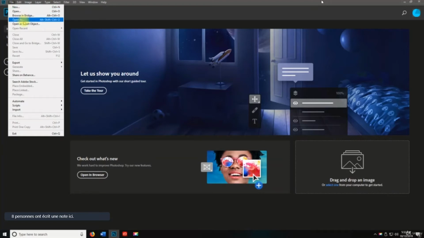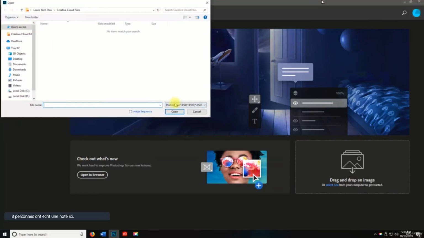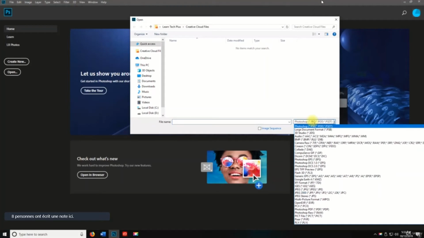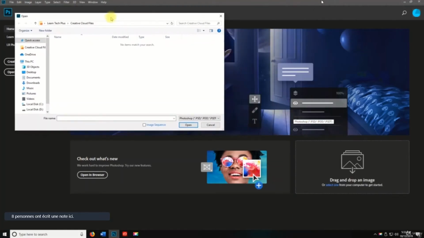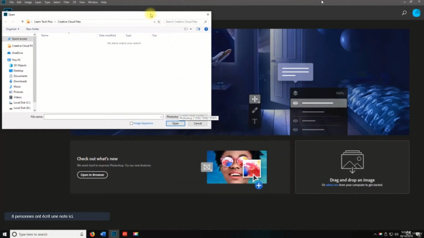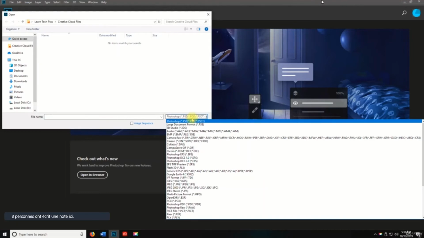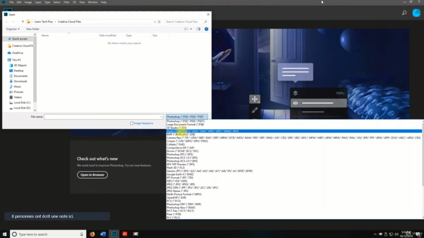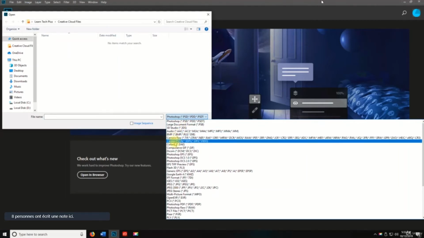All right, the next one is Open As. So Open As is the same as Open, but instead of just doing Open and picking a random file, this is going to have you Open As. And let me move this over so you can see all the files, the formats, the extensions here. Wow, that's a big, okay, there we go. All right, so you can Open As a PSD, a PDD, or a PSDT, okay, a large document, 3D Studio, audio file, BMP, Camera Raw,